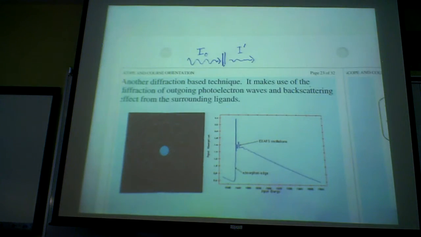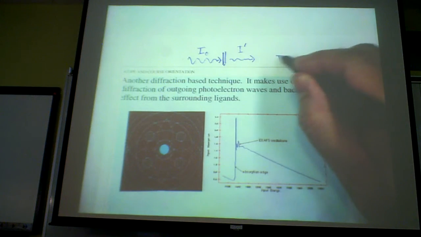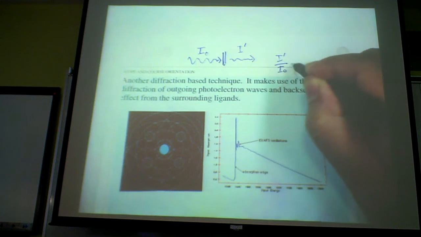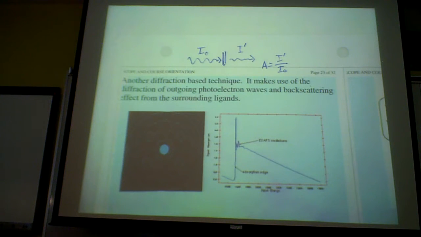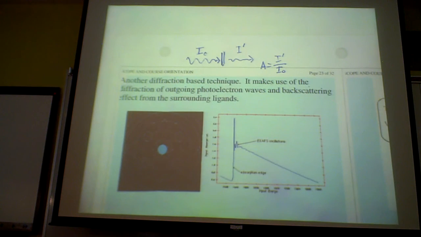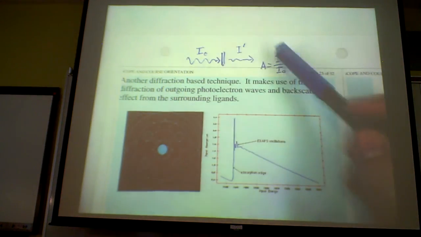So you measure absorption. You remember I divided by I naught is absorption, or related to your cross section, which people use in Beer's law. We'll come back to talk a little bit about it. It's a rather simple technique, but if you measure I, this